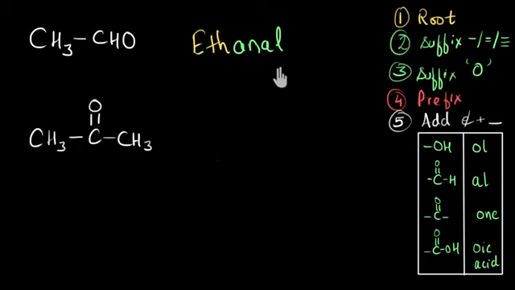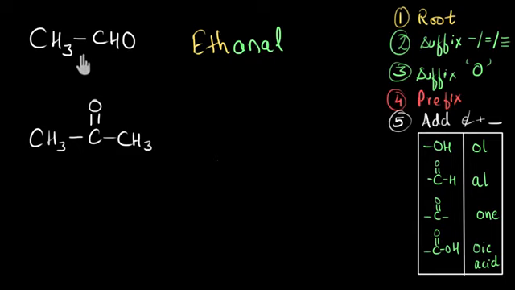Now one small thing, when I learned this concept for the first time, I was generally doing one common mistake. Whenever I had to count the number of carbon atoms to write the root word, I would miss out the carbon in the functional group. So for example, for this compound, I would have said that, hey, there is only 1 carbon atom and I would not count this carbon. And the reason for that was because I felt that this carbon is included in this functional group. So when we are naming the functional group, when we are adding the suffix for the functional group, we're already including this carbon. So why should I double count the carbon in the carbon chain?